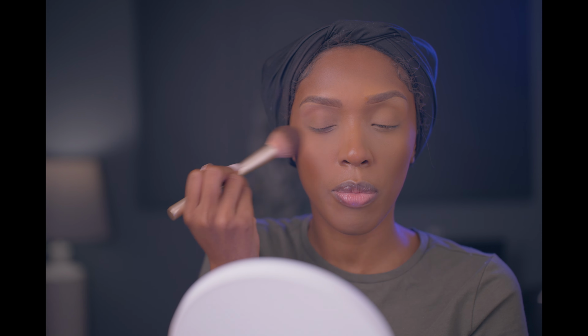So taking a fluffy brush like this, I'm just gonna go ahead and kind of dust away that bake, but not completely because I still want those lines to kind of show because it's gonna help me contour my nose even better. So just lightly dusting that away. And there we go. Now I'm going to just contour my nose a little bit, following those lines that I made. So I'm going to just follow the lines, like I just said,